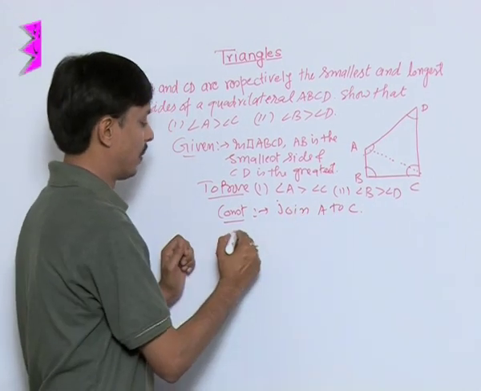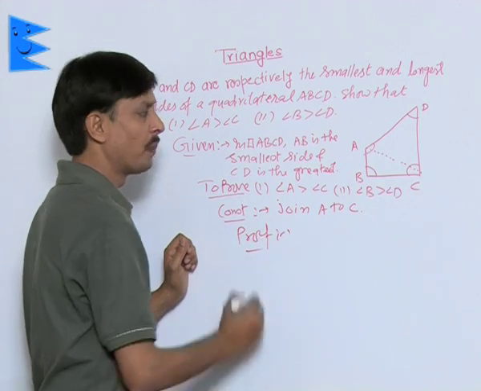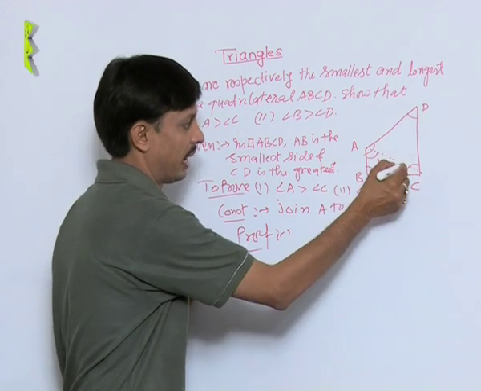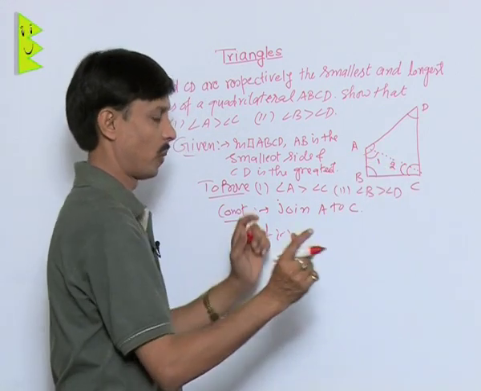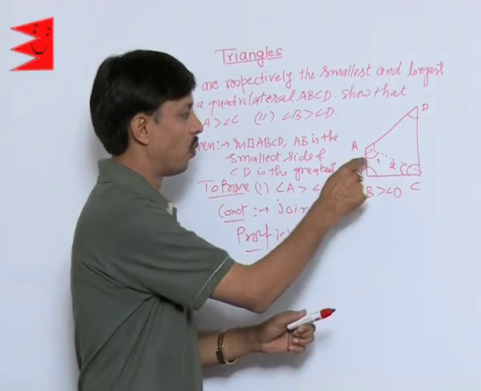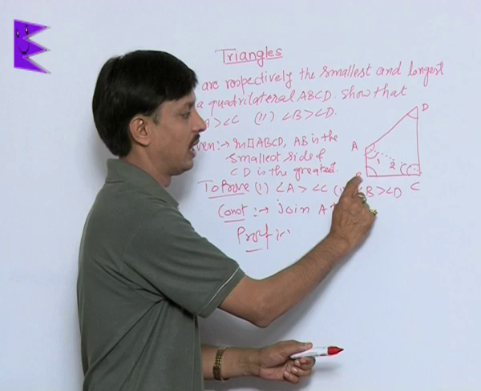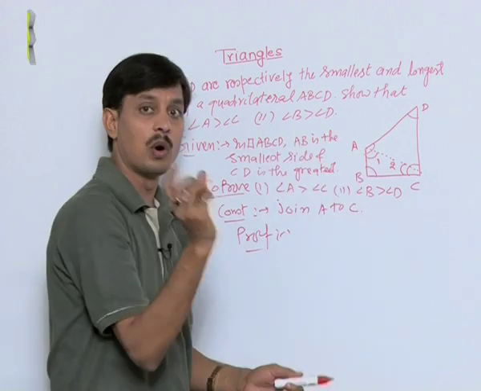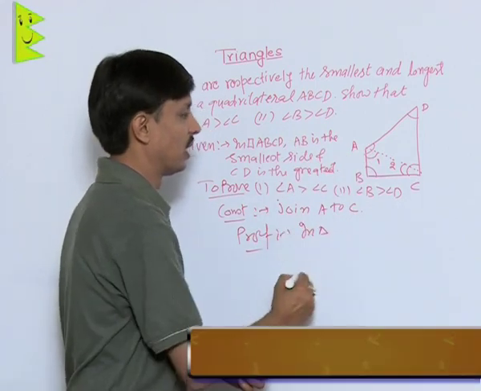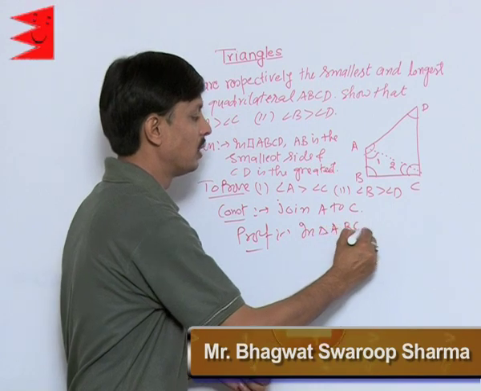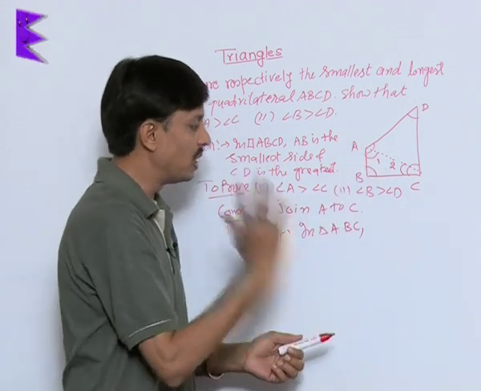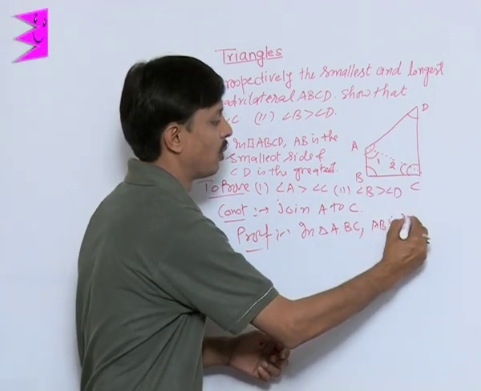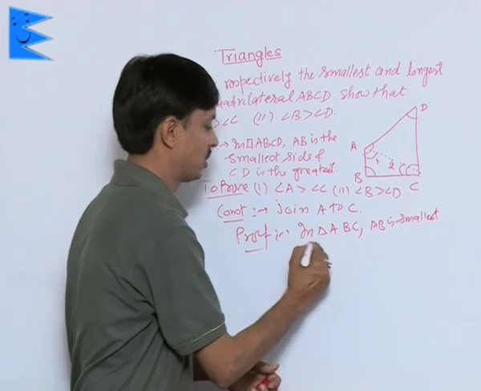After it I am showing the proof. The proof will be like this. If I take this angle as angle 1 and this angle as angle 2, I have given the name 1 for angle BAC and 2 for angle BCA. Now as it is given that AB is the smallest side, so in triangle ABC, AB is less than BC, AB is smallest, so